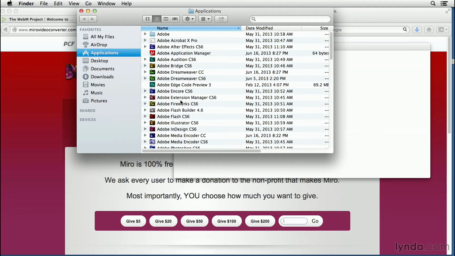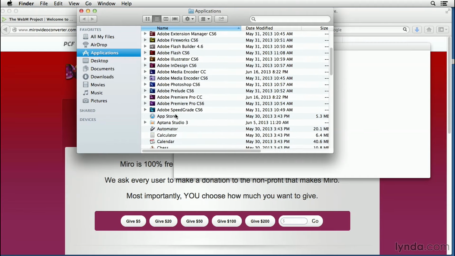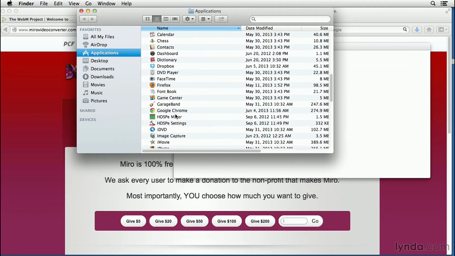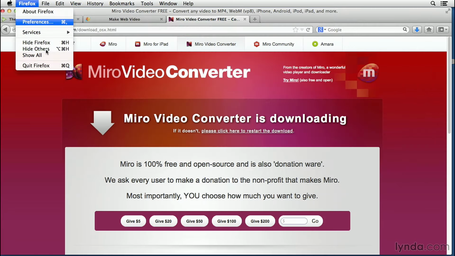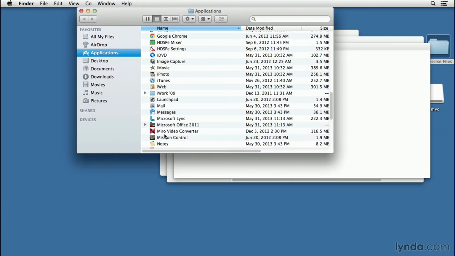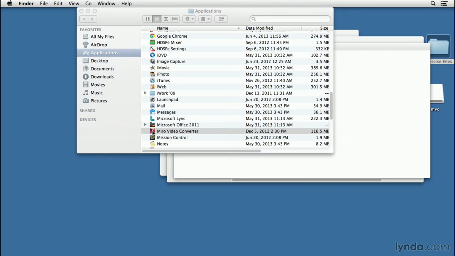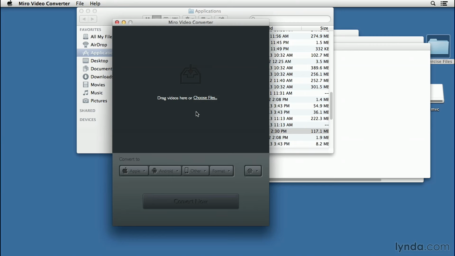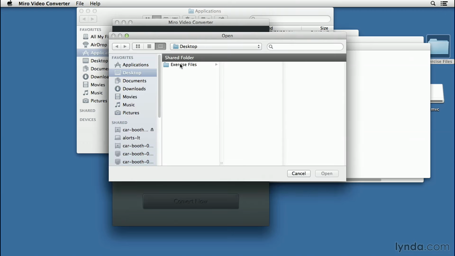And you can see that the Miro Video Encoder is now part of your applications on the Macintosh. You can quit Firefox now, and let's start using the Miro Video Encoder. So locate your download, double-click it to launch the application. When the interface opens, you've got two choices. You can either drag the file to be encoded right into the interface, or you can click this Choose Files link. In this case, I'm going to click the Choose Files link, navigate to the